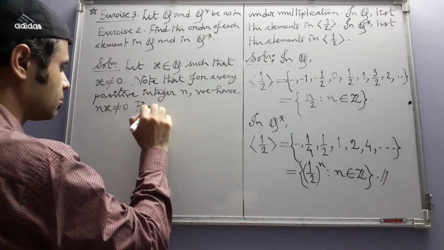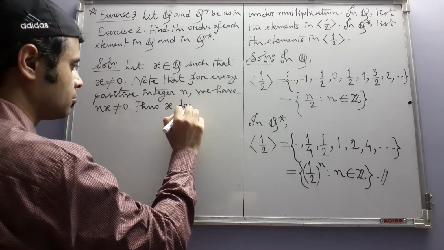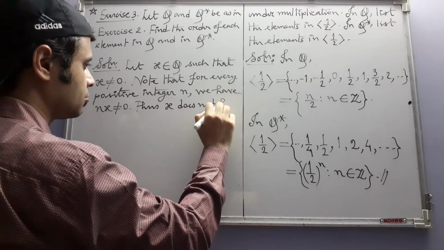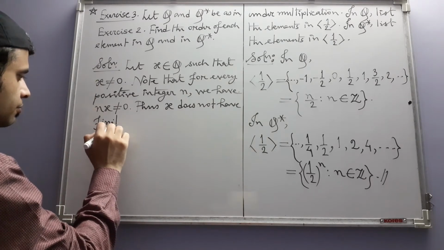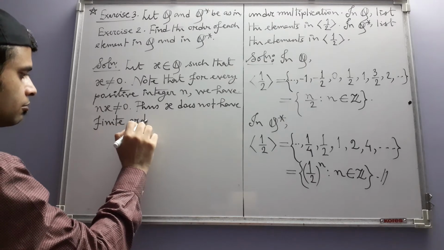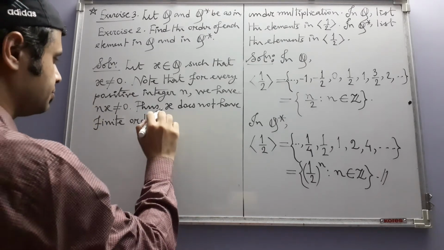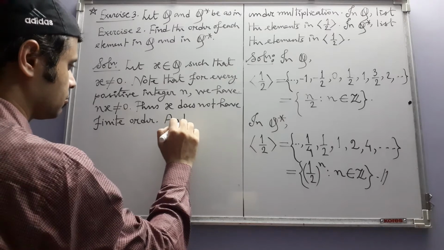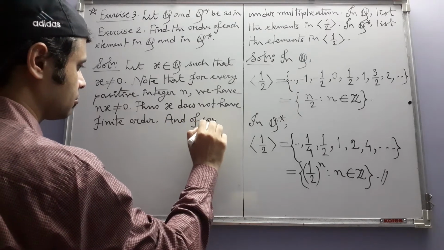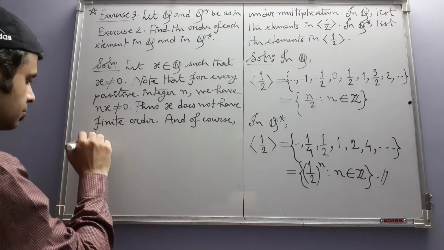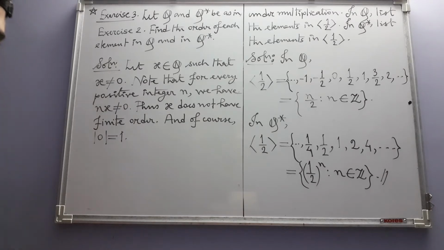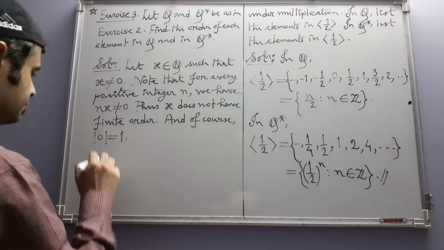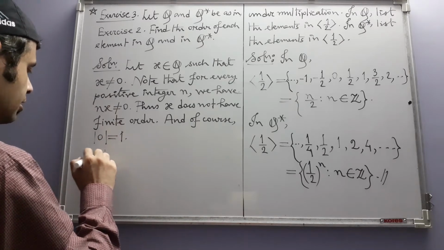Thus x does not have finite order. And of course, the order of the identity element is 1. That is the only element having finite order. In fact, not just in this group, but in any group. Okay, next,